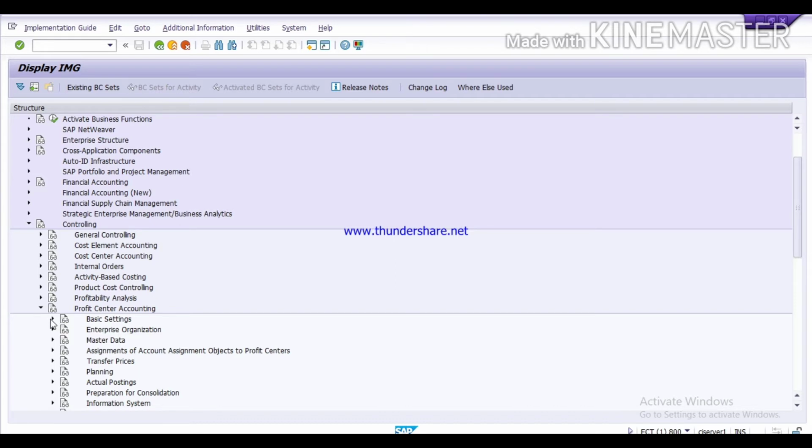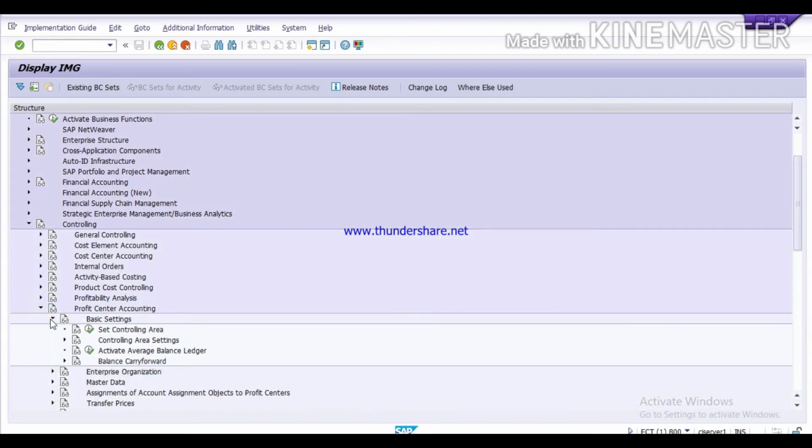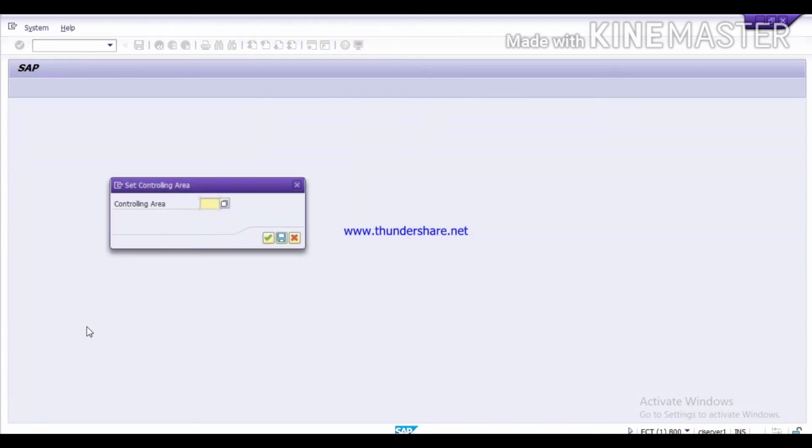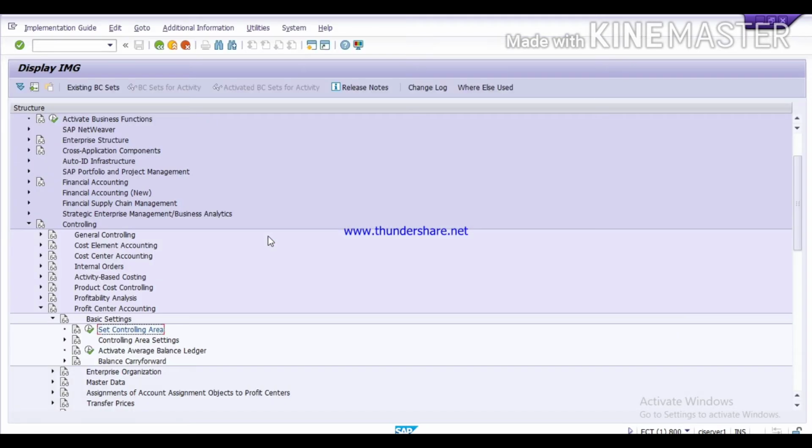Here, first one, basic settings, and here you will get the option set controlling area. So execute it and simply give your controlling area. Our controlling area is Tata. So just click on continue.